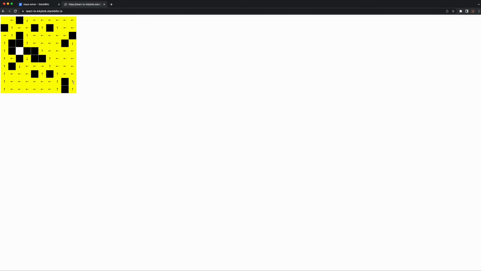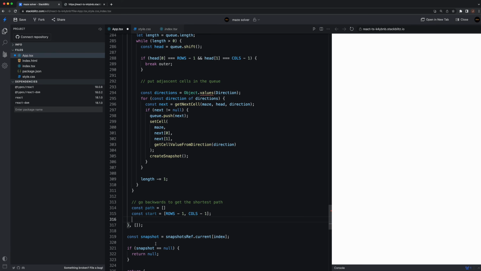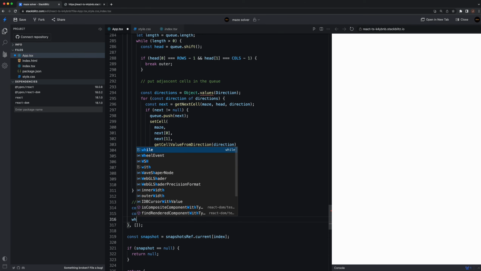So we start from here. We can go the direction, the first direction we take. So here, go up. If it is up, then we go up. Go down, go left, go up. Yeah, so this is the route. This is the path. So while